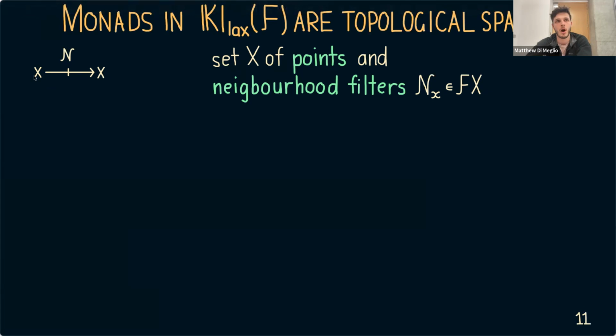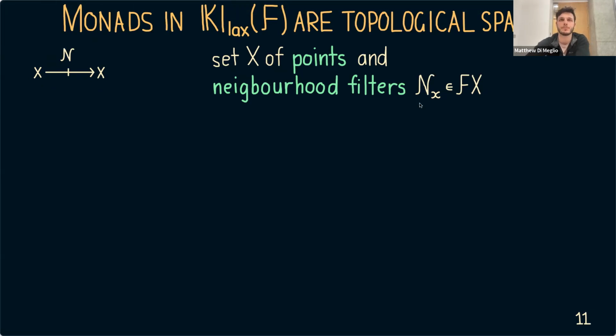So the object, which is the set, is going to be the set of points of the topological space. And the endo-pro-arrow itself is a Kleisli morphism for the filter monad. So it's a function from X into the set of filters on X. So in other words, for every element of X, we have a filter,